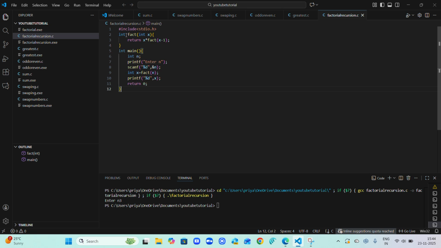So see, int fact(int x). The value of n is passed from here to a container called x, and I have done return x into fact(x minus 1). Let me ask you one thing, what is factorial? If I have to take out 5 factorial, then it should be 5 into 4 into 3 into 2 into 1, right? In the same manner, here it is returned x into fact(x minus 1), suppose the